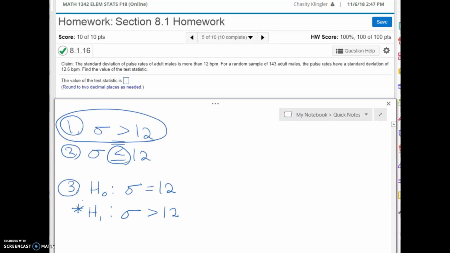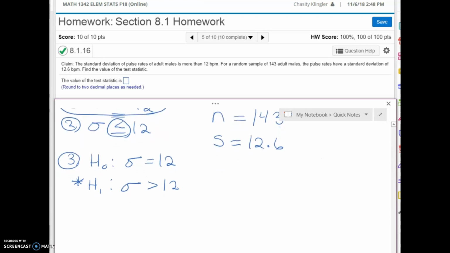So also go ahead and write down everything else they gave us. Our 12 is our population standard deviation. N is 143. The pulse rates for our sample has a standard deviation, so this is S equals 12.6. And that's all the information they gave us. But that's all you need to do